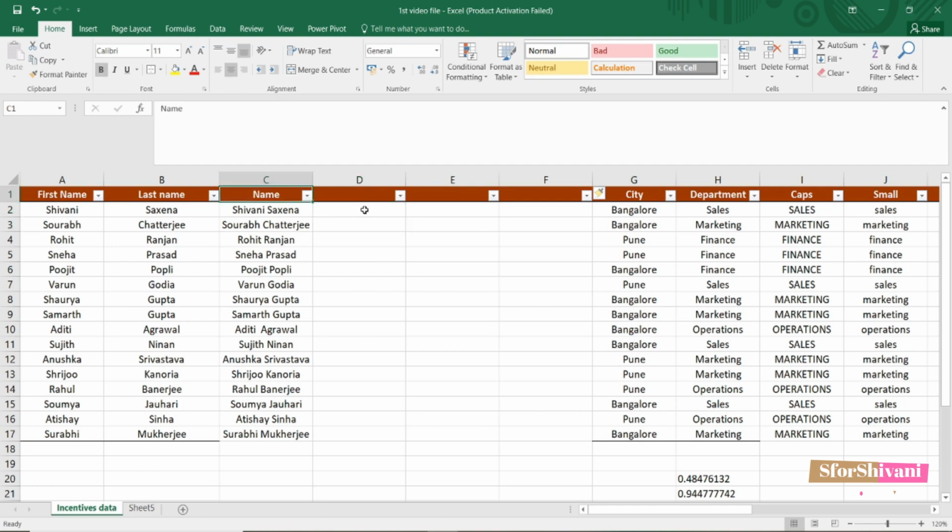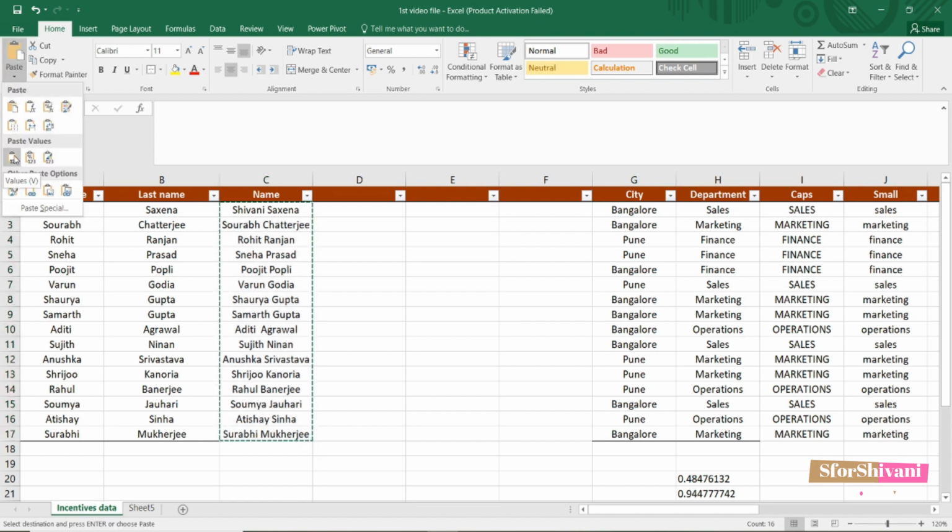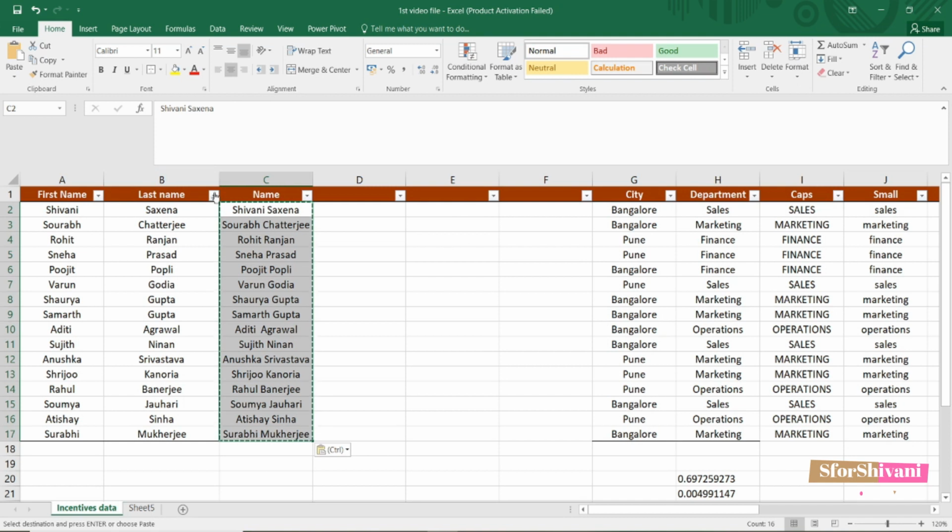Excel has a very interesting function called text to columns. But before using that, we need to make sure that we have removed the formula from these cells, because formula on formula will give you a very absurd kind of result. So let's first remove the formula. I'm copying it, Control C, I'm going to paste and pasting out values. When you paste as values, the formula is gone.